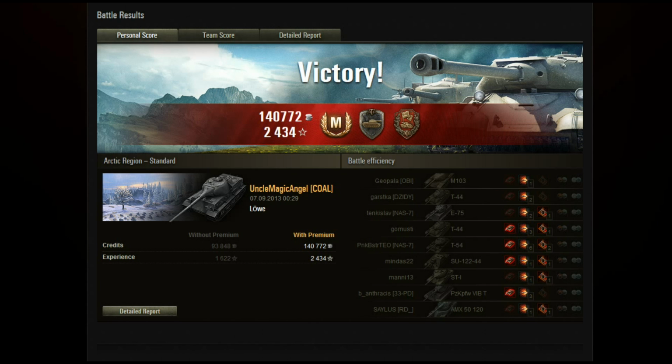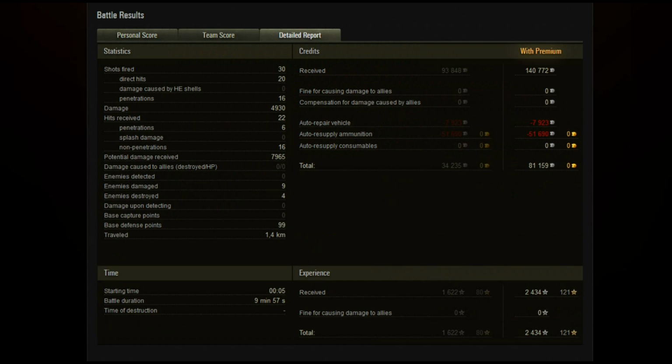That's undoubled, although it is with premium. Ammo resupply costs? Yeah, that premium ammo does not come cheap. 51,000 credits it cost him to resupply all of his ammo, but he did fire 30 shots. Not all of those premium, obviously. And he still walked away with an 81,000 credit profit. So